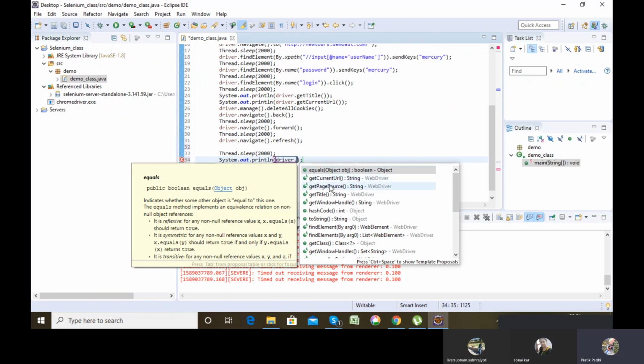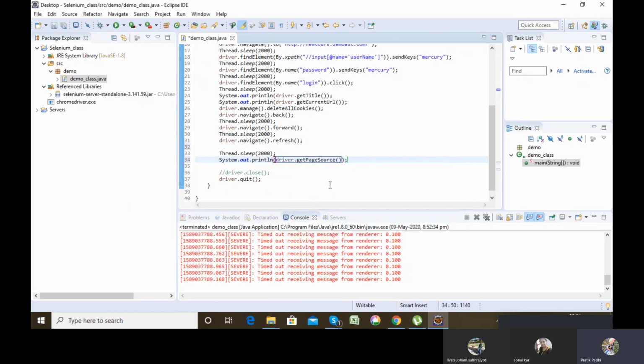So getPageSource. It will print the entire page source here. So even if you miss it while inspecting in Chrome, you will get it in the console and you can identify that particular web element's XPath from this page source.